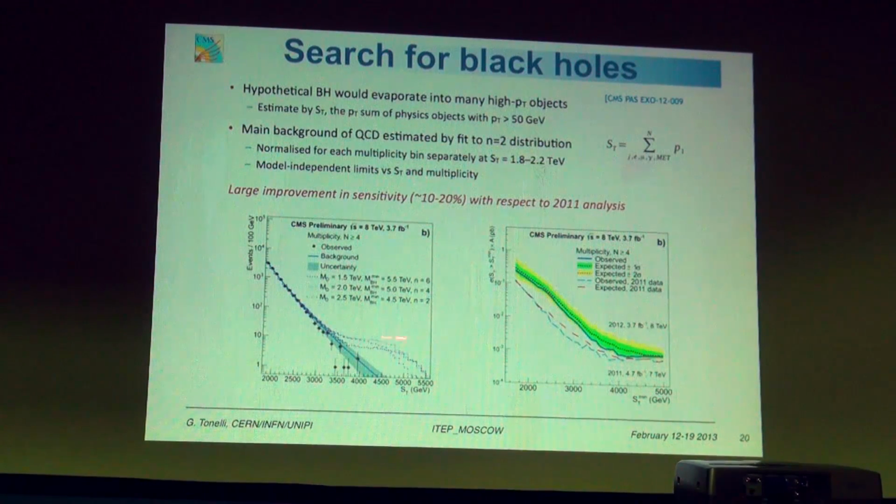A black hole, a micro black hole, for example, of 1 or 2 TeV, will appear in this ST distribution for objects larger than 4 as an excess in this region. Since, again, the data points seem to be consistent with the background, which is basically multi-jet QCD to first approximation, although the events are very spectacular, we can put limits on the production of microscopic black holes at the LHC